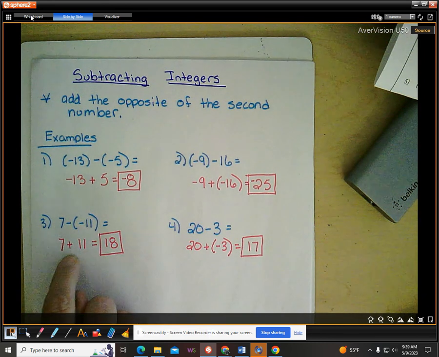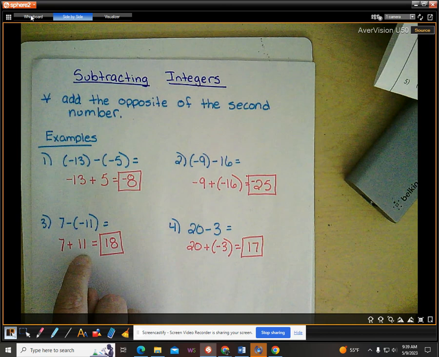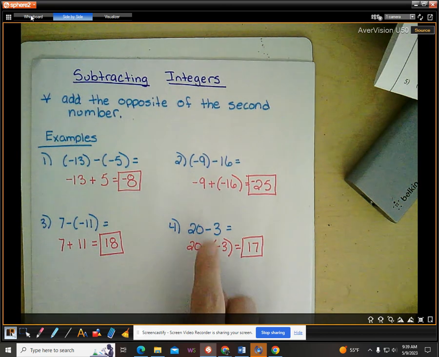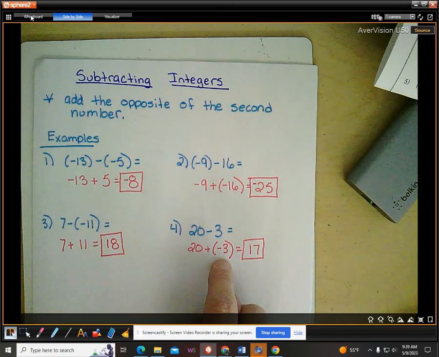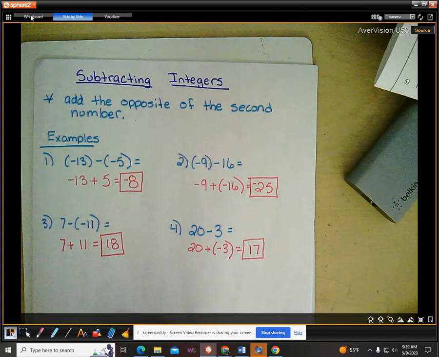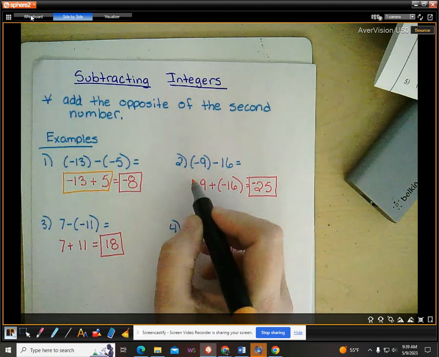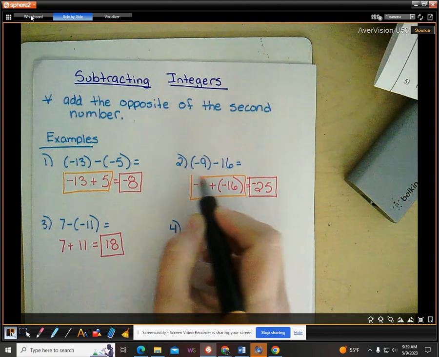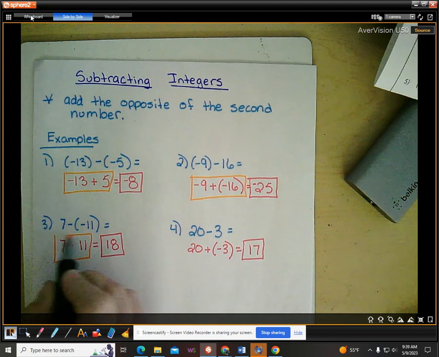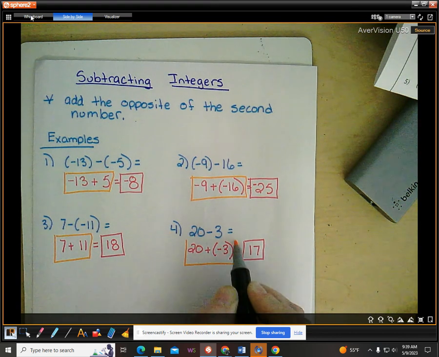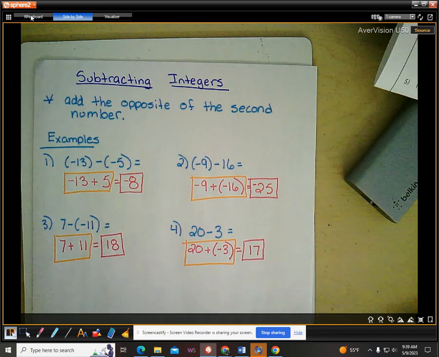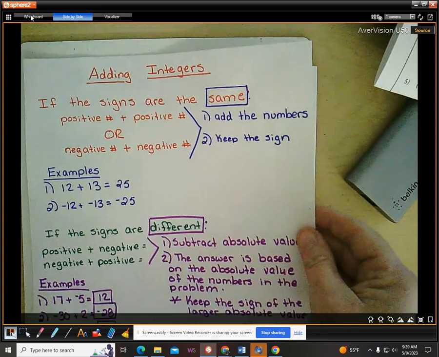Subtraction became addition, negative 11 became positive 11. Subtraction became addition, positive 3 became negative 3. Then you have all addition problems. All of these were then turned into adding integers,